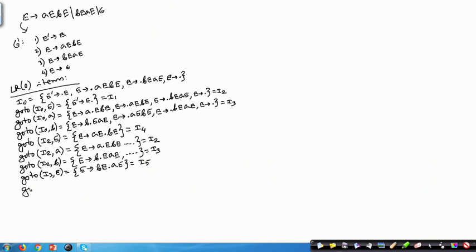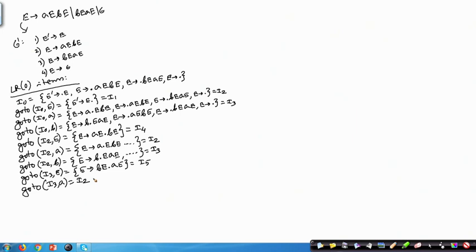Now, I3 E we have done; we have I3 A. So go to I3 A. I3 A is A dot E B E, so that is equal to I2.